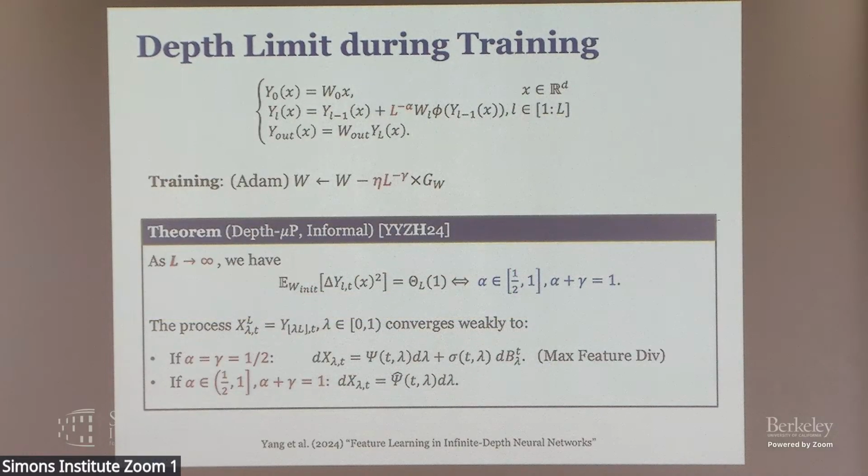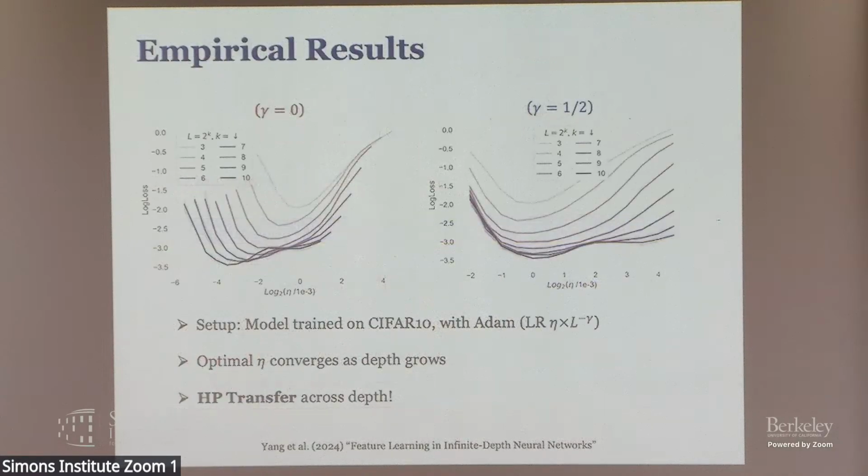We can actually, I think I'll just skip this. Maybe someone asks me about this. Just to show you some empirical results. This is what I showed you before with the stable ResNet, where we didn't scale the learning rate with depth. But here, when we add this condition, or this result from the previous theorem that tells us how the learning rate should scale, then you see that the optimal learning rate seems to become stable as you increase depth.